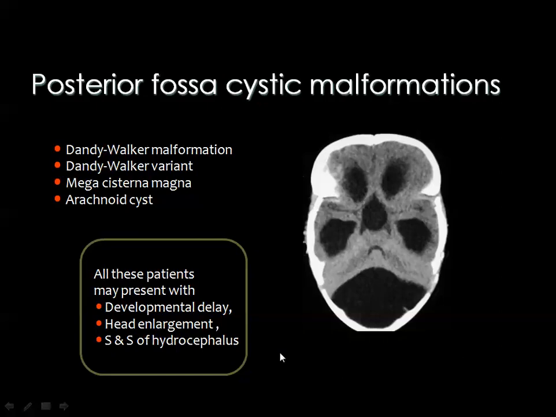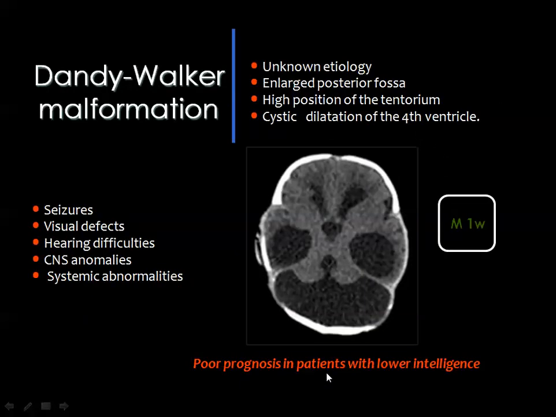We'll start first. All these patients may present with developmental delay and head enlargement and signs and symptoms of hydrocephalus. Then, in cases of Dandy-Walker malformation, most of these are, of course, of unknown etiology. The posterior fossa is enlarged. This is one of the stigmata of Dandy-Walker malformation. The posterior fossa is enlarged, and there is a big cyst